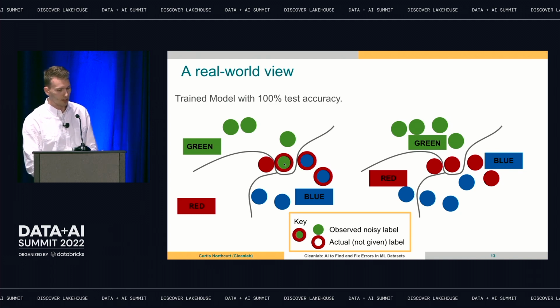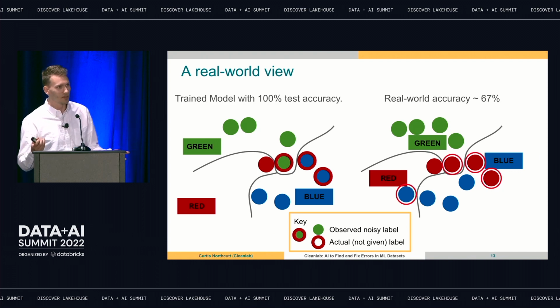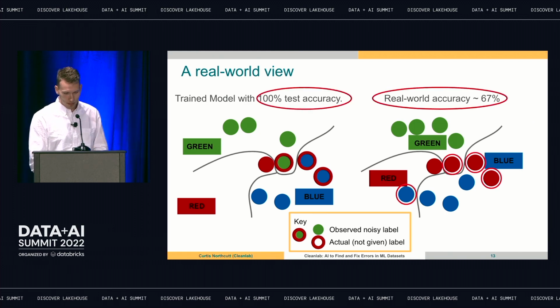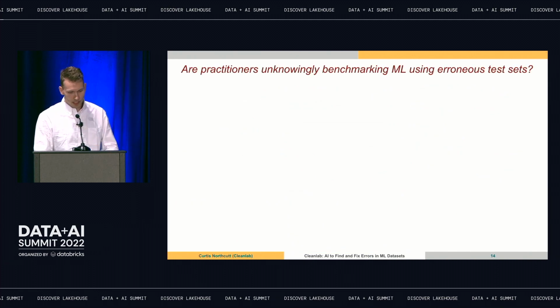And this green thing looks like it's green, but it's actually red. So the true label is on the outside, and what you observe is the main thing on the inside. And so what happens is, if you were to measure what the true accuracy is, you'd realize, oh no, it's actually 67% accurate. So imagine this is like a car driving on the edge of the road. Like, 67 is not cool. You see the problem. So that's an obvious thing.